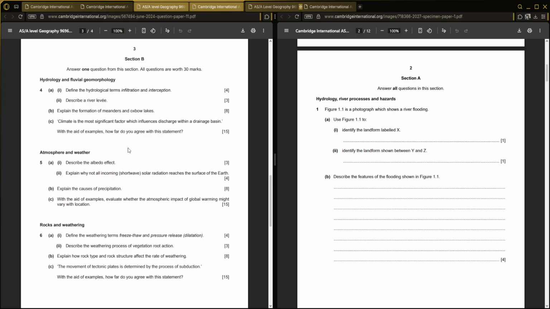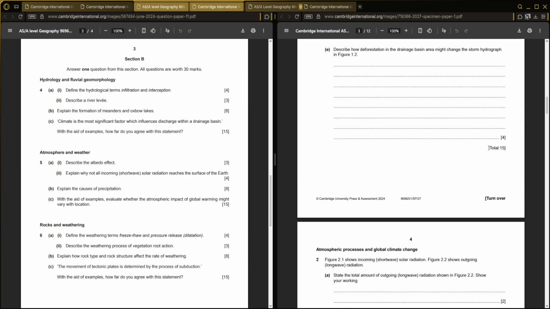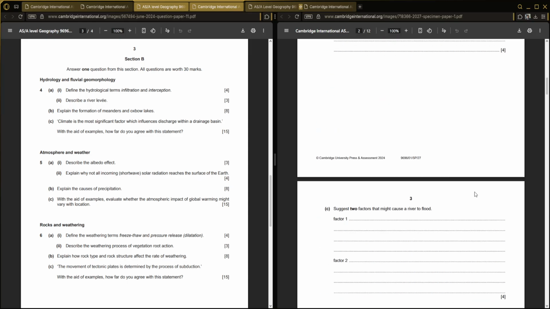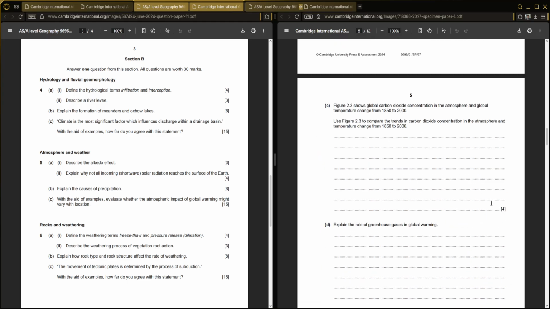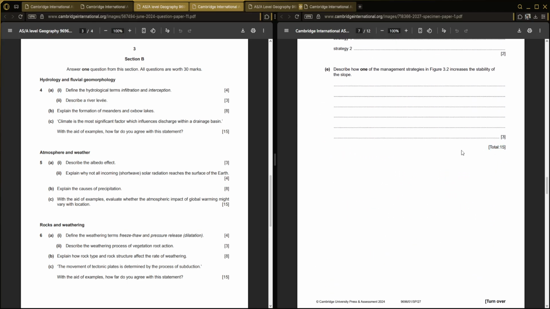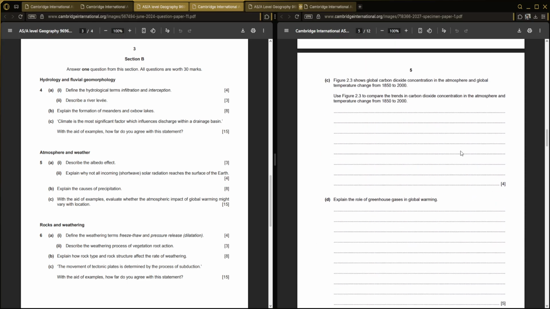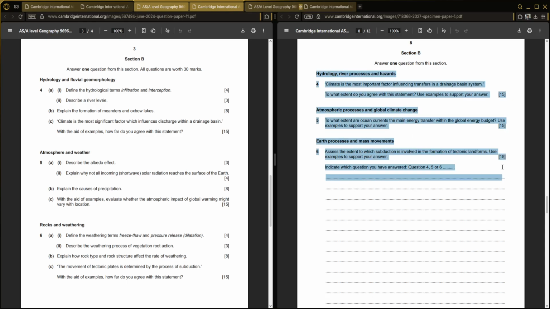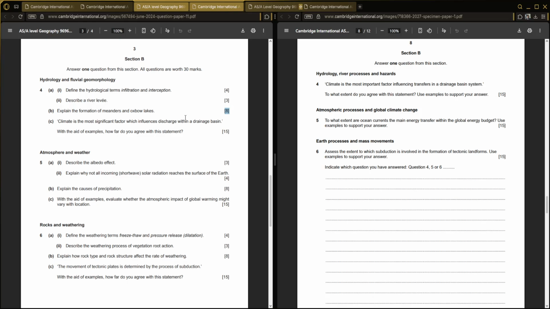Now you're doing it on the paper, you're not doing it on an external paper. But if you look down here, total marks per topic is 15. So in section A over here, hydrology is worth 15, atmosphere is also worth 15, and rocks and weathering is also worth 15. So in section A, the total marks are worth 45, which means in section B, you only have to do one 15 marker. As you can see here, you're no longer specializing. There's no longer an 8 marker or something you have to do. It's just a 15 marker.